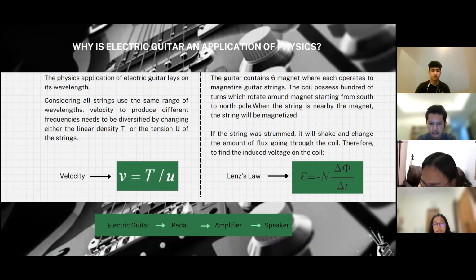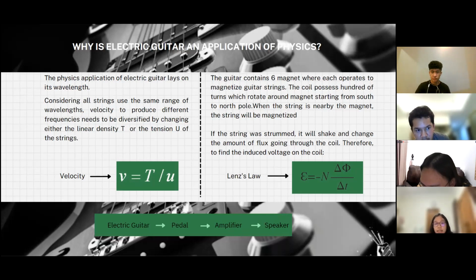Since all 6 strings of the guitar use the same range of wavelengths to produce different pitches, we need to develop different wave speeds. There are 2 different ways to achieve this. You can either have different tension or different mass density. However, if one varied pitch only by varying tension, the guitar will be hard to play, as it is easier to play a guitar with all the same tension. As a result, the lower strings have higher mass density by making them thicker. The formula of velocity in a guitar can be shown below, where velocity equals the square root of tension per mass density.